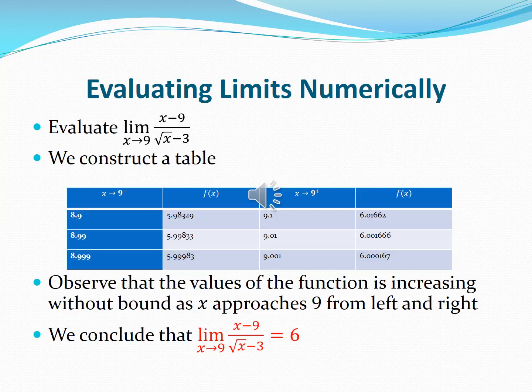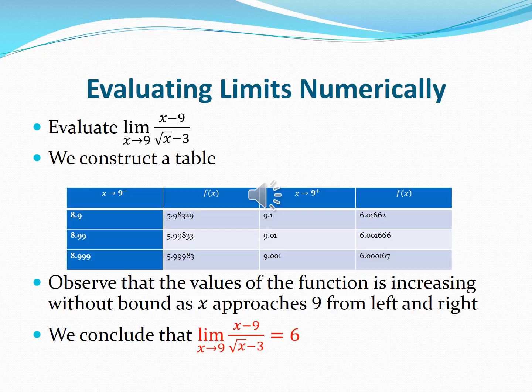Evaluating limits numerically. If they ask you to evaluate the limit as x goes to 9 of x minus 9 divided by square root of x minus 3. Again, we construct a table. We pick numbers closer to 9 as we are approaching it from the left, and these numbers would be 8.9, 8.99, 8.999, and we plug those into the equation, and we find